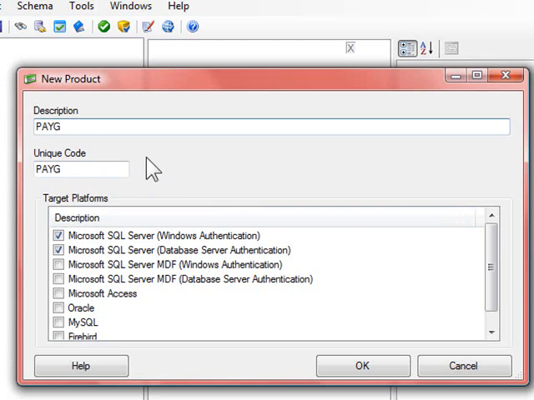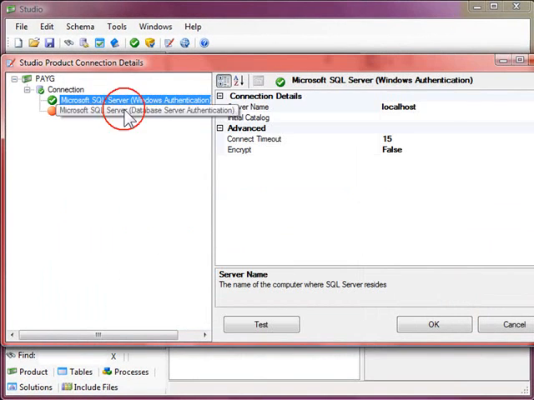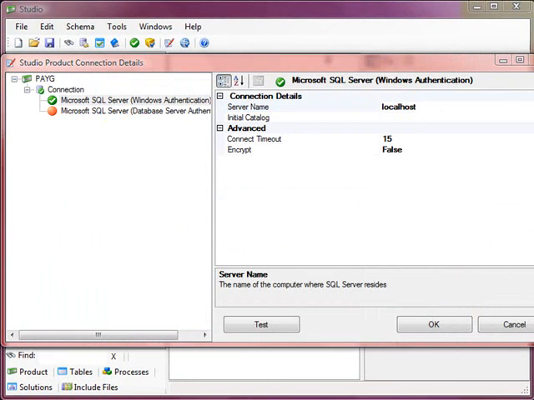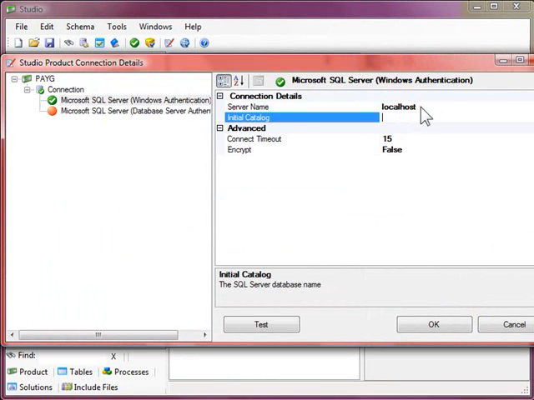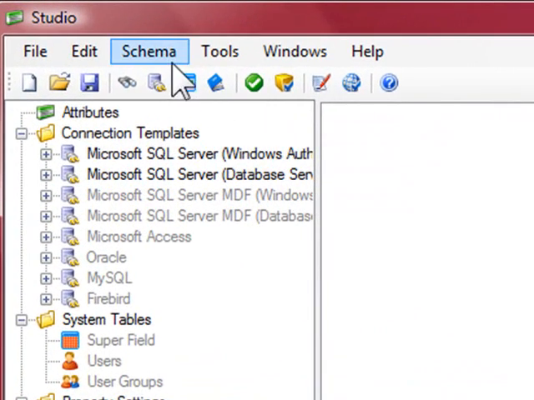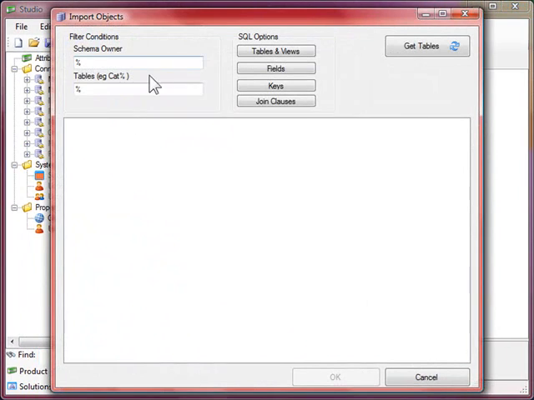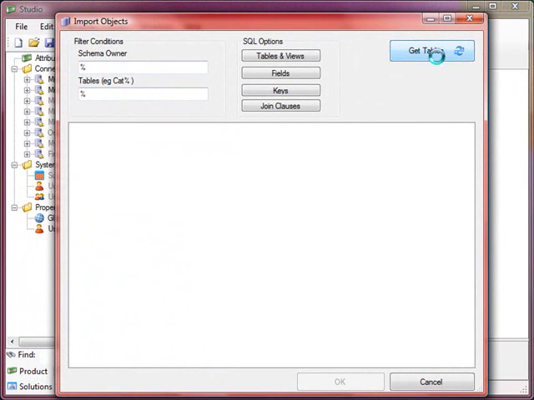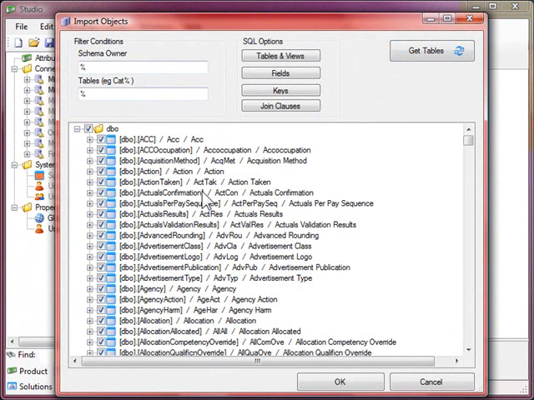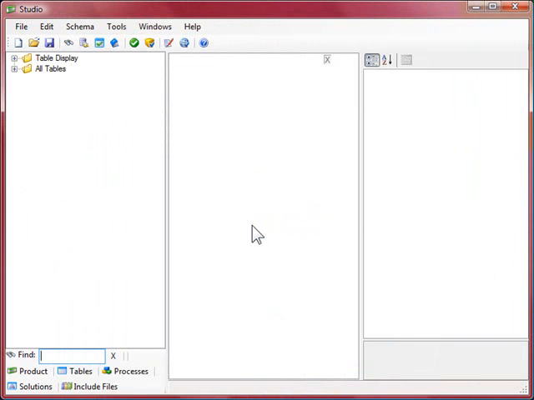So first of all, I start off with the new database and create a connection to the SQL server, and just test the connection, and then I'll go into import tables. Now, what would normally happen here on getting all the tables from the schema is that joins would be derived from the foreign key restraints, but in this particular case there are no foreign keys, so there will be no